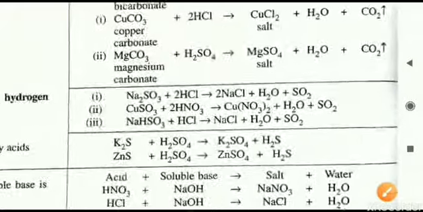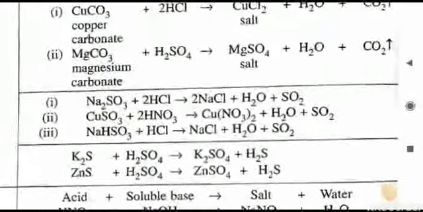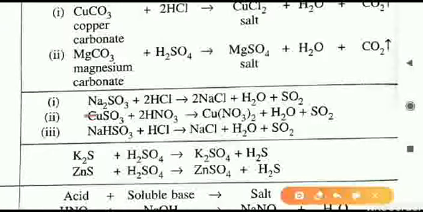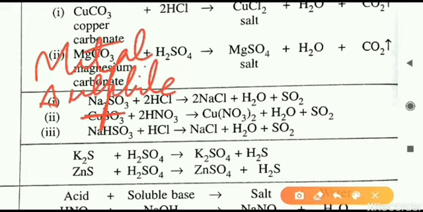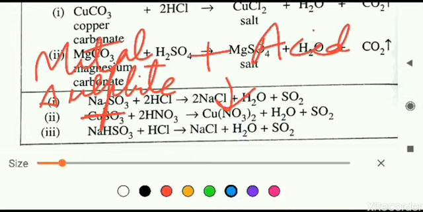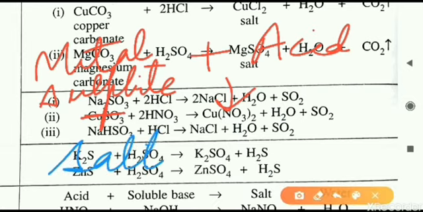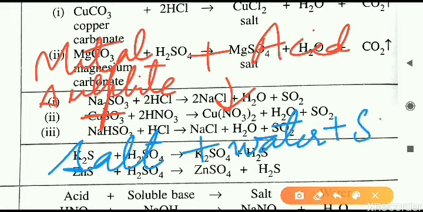Next, now let us see these examples about the sulfites. Here we have a sulfite. So here the general equation they have not mentioned in the book, but we can write on our own. So what is the general equation or reaction that is going on? That is metal sulfite, that is SO3 only. It reacts with acid, and what we will get is three things. One is salt, second thing will be water, and third thing will be SO2 gas.